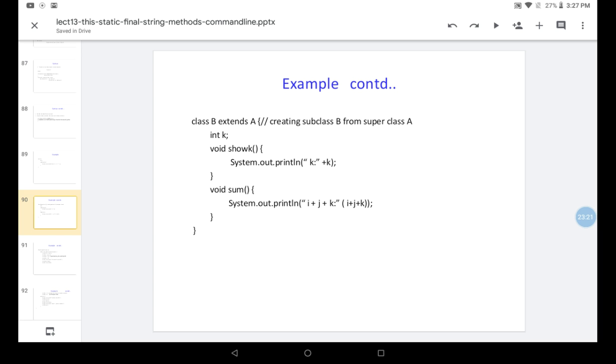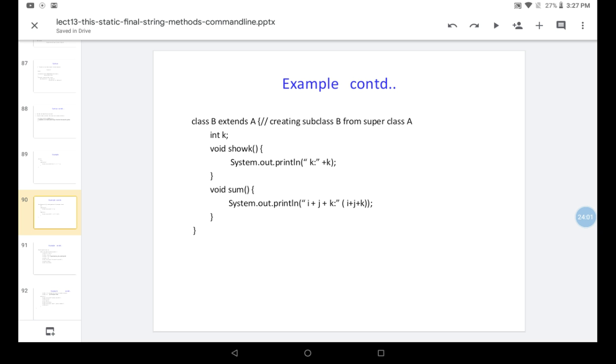Next we are doing void sum. If we want to make a sum, we need i and j from the base class and k from this class. So what will it print? i plus j plus k. So class B gets i and j from class A. We didn't mention them anywhere, but we are just saying it is extending A. That means class B is inheriting from class A. It shares the properties with A, so there is no need to write that code again. It is already existing code that we need here.